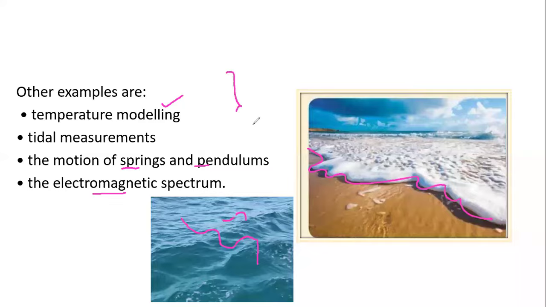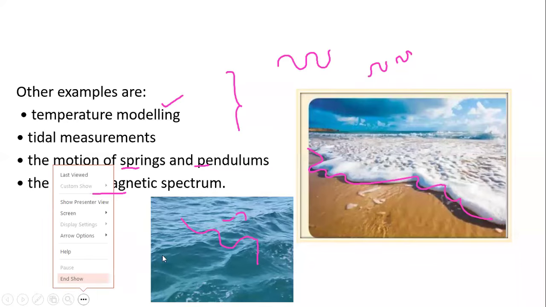This is the physical side where we can apply some of this. But the key idea to look out for whenever they talk about a trigonometric function is whether it is bringing out the idea of a curve. As long as you can see something in curve form, it means that behind it there is a trigonometric function you can model from. In case I talk about springs and pendulums,